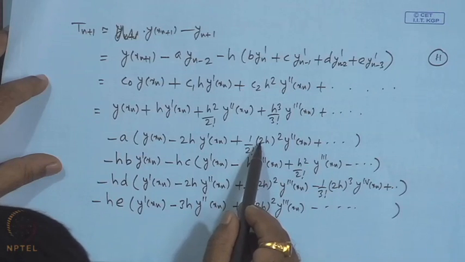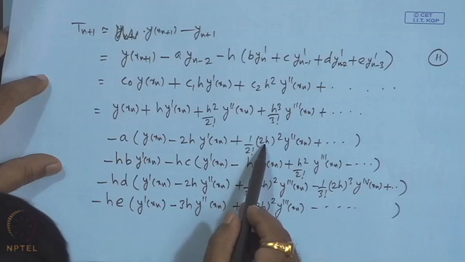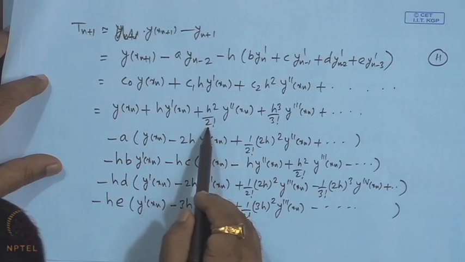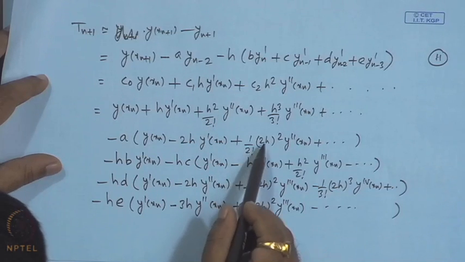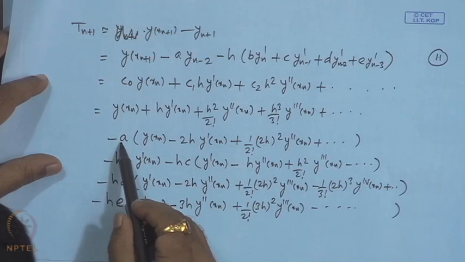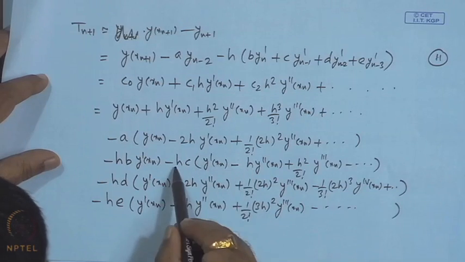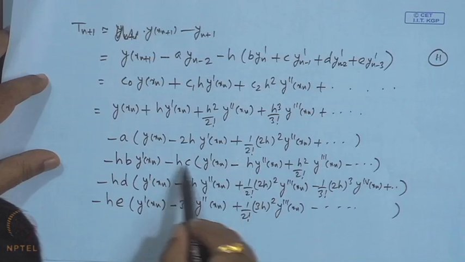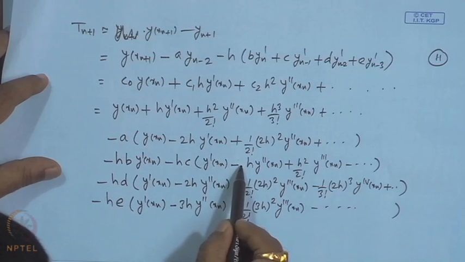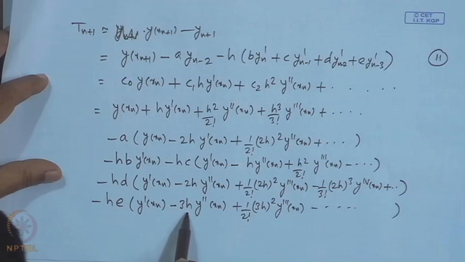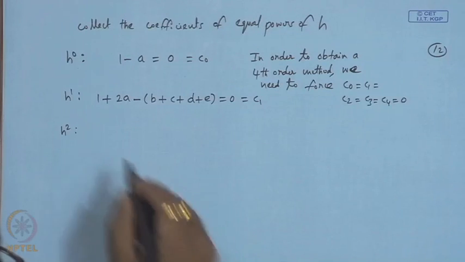So, 2 gets cancelled, so 2 A. If you take 1 by 2 common, so coefficient is 1 by 2, we have 4 minus 4 A. Then in this case plus C, because H square and minus minus plus, so just plus C. Then in this case H square, so that is 2 D, and in this case coefficient of H square is 3 E. Right. So, we get the following equation